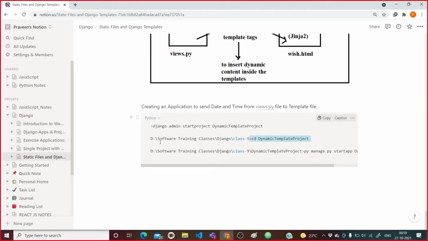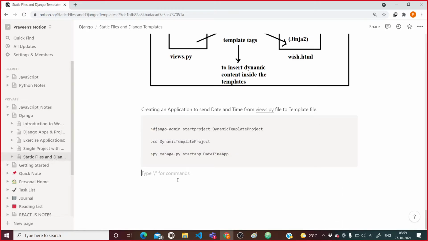Fine. So see, this is the step we need to follow to create an application, and we have created it.